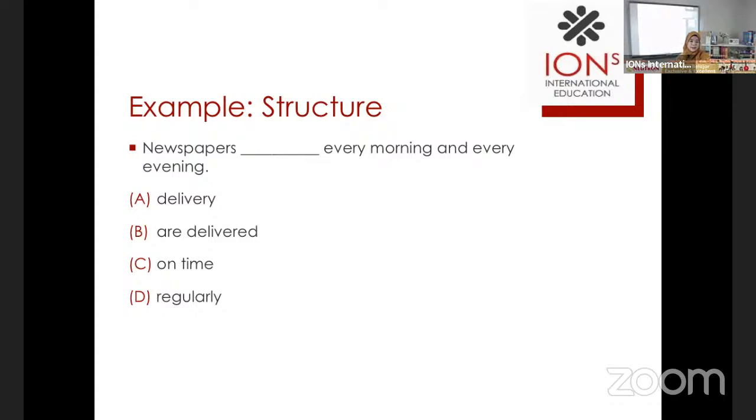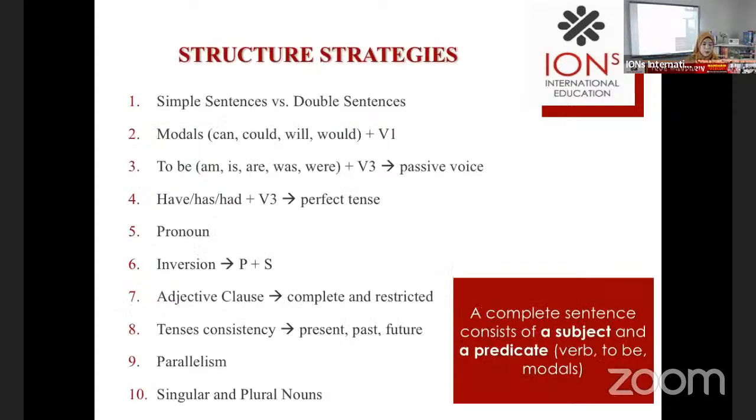Nah, mana yang bisa menjadi predikat? A, B, C, atau D? Oke, predikat itu apa sih, Miss? Predikat itu kata kerja. Ya, kata kerja itu apa saja, Miss? Kata kerja. Tadi di sini we have modals. Modals itu kata kerja. Modals itu apa? Itu ya, di situ sudah ada can, could, will, would. Itu adalah contoh dari modals. Jadi kalau ada modals itu adalah kata kerja. Kemudian ada yang ketiga, ada to be, right? To be. To be is also a part of verb, a part of predicate. Jadi kalau ada to be itu pasti ada predikatnya.